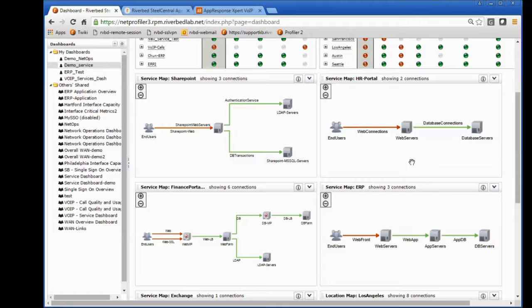We have to tell it which node, maybe my web front end, my app tier, my database tier, certain TCP or UDP connections that are part of that application definition. We have to define that. Once defined,